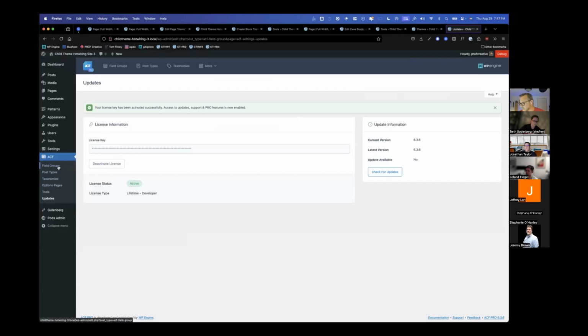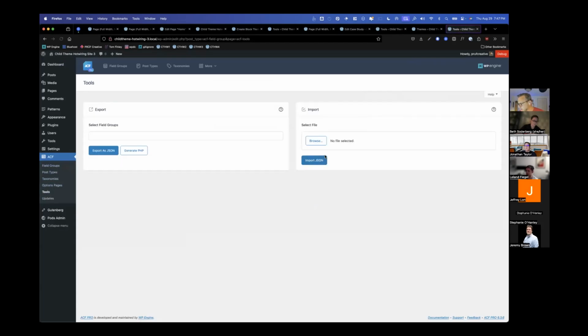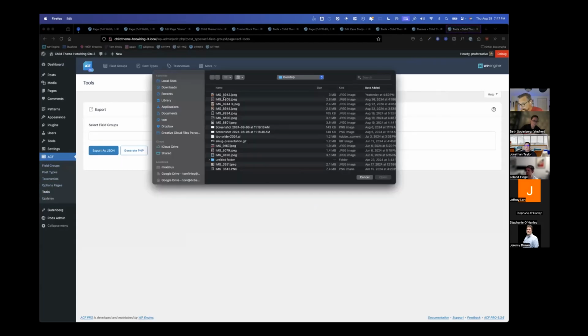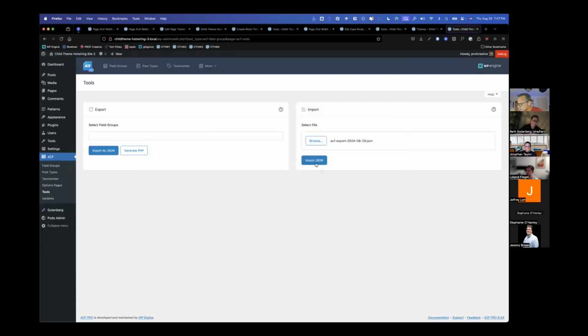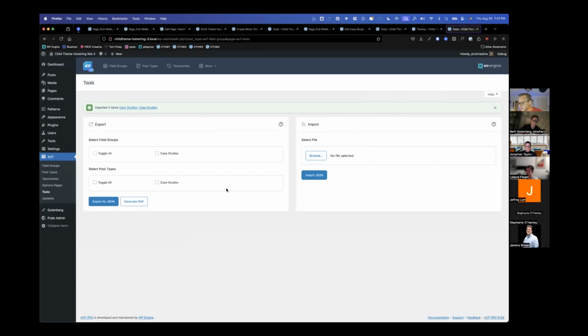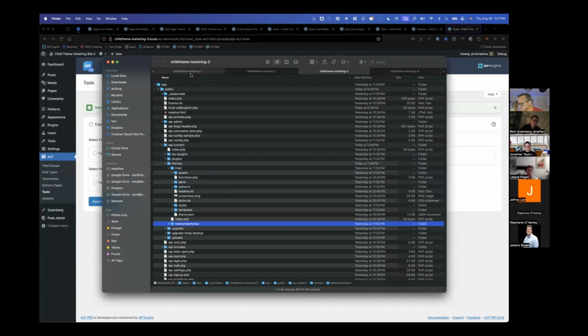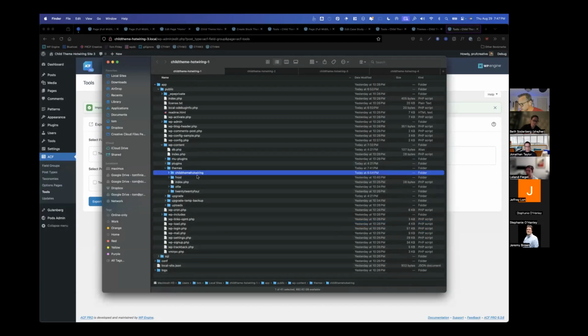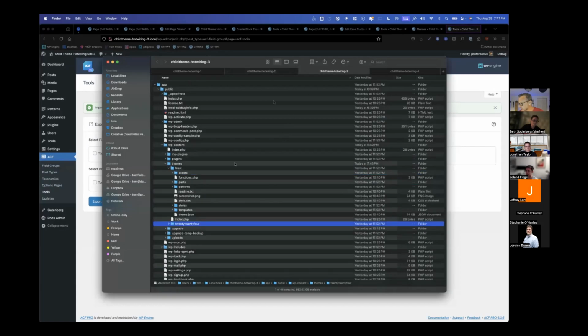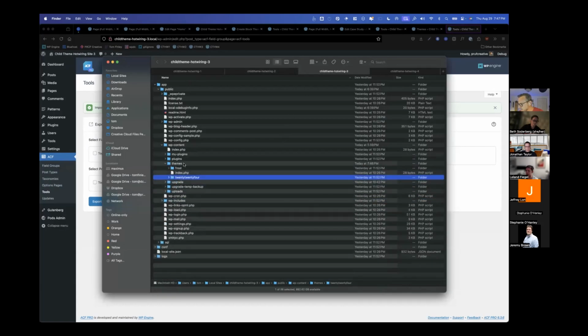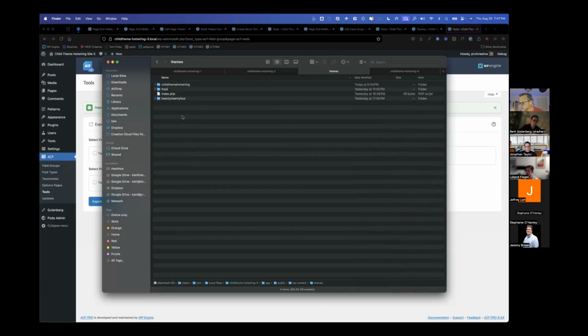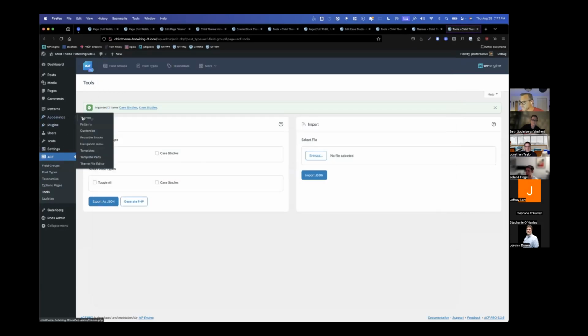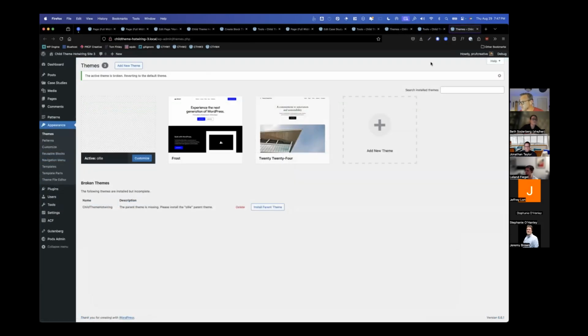So once again, I'm going to import my ACF data so that I have everything I need for my custom block. And I'm going to go back to site number 1. And I'm going to copy child theme hot wiring and go to site number 3. Paste that same folder. Verify that it has made it across.